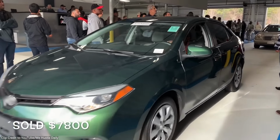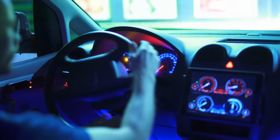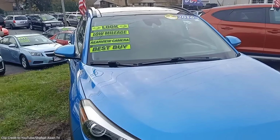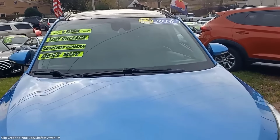That's where this list comes in. Using a combination of average transaction prices, owner feedback, and reliability ratings, we've compiled 10 good $10,000 used car choices. For this list, we looked for cars newer than the 2010 model year with at least half of their lifespan